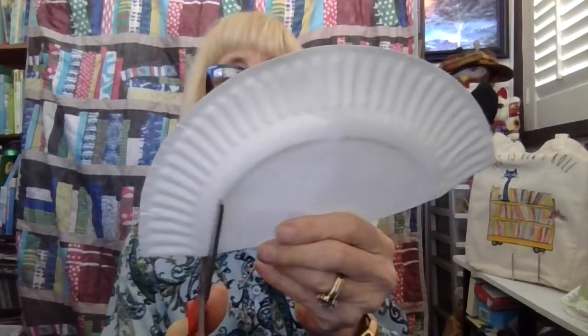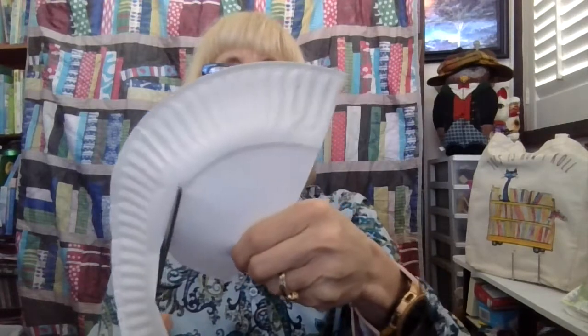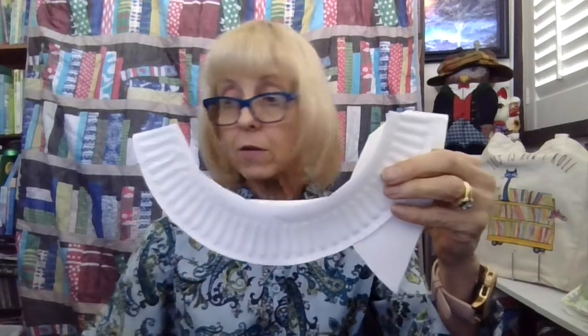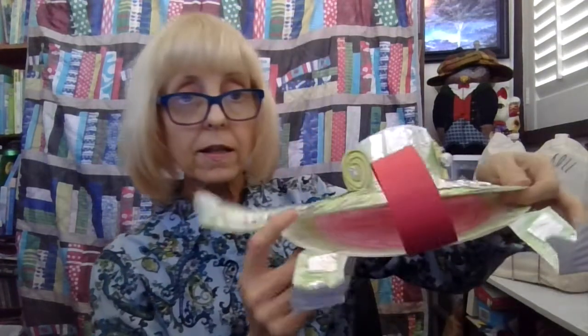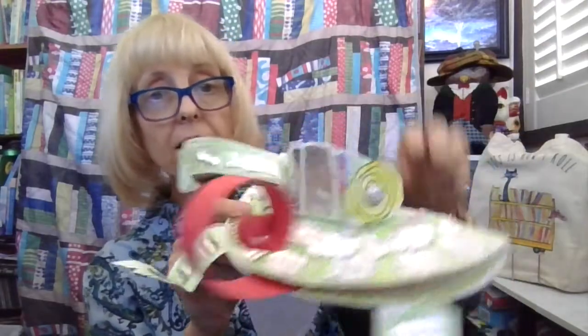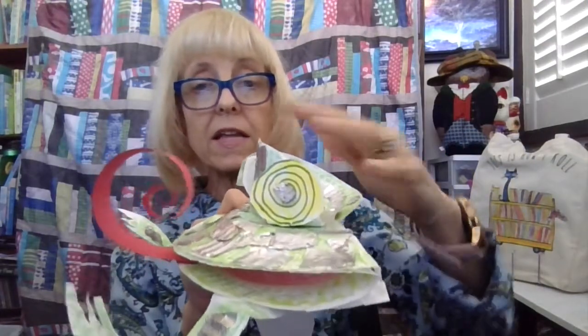Now we're going to take this half. We're going to cut out the rim, cut out the middle so the rim remains intact. That's going to become our tail. And we're going to take our tail and put it to the side. Now we have this piece. This is what I use to make the little forehead of my chameleon and where I could make his crazy